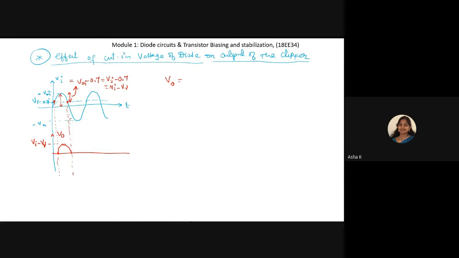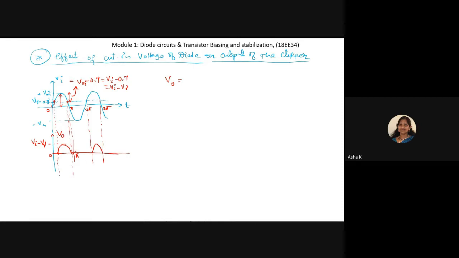And again, see here, if I say this is 0, this is pi, this is 2 pi, this is 3 pi, etc. From 0 to some particular point, the voltage is 0. Again, it increases to the value Vi minus 0.7, or 0.3 if it is a germanium diode. Again, from this value to pi, it is 0. For the entire duration of the negative half cycle, the output is 0. And again, from here to here, we'll be having the positive information, and again it is 0.